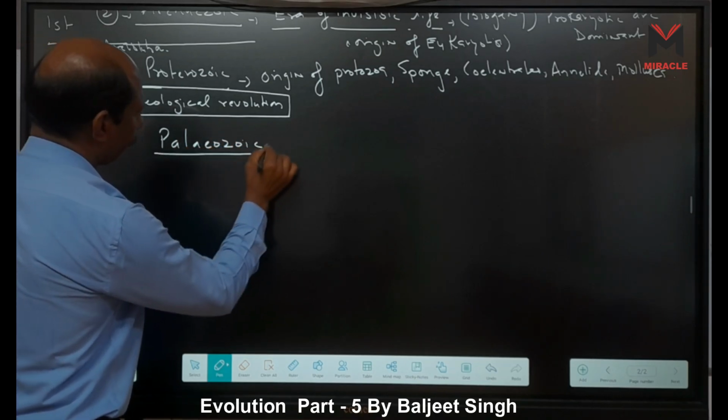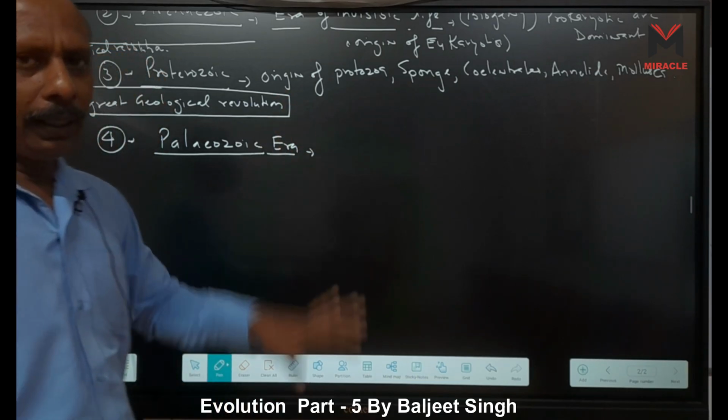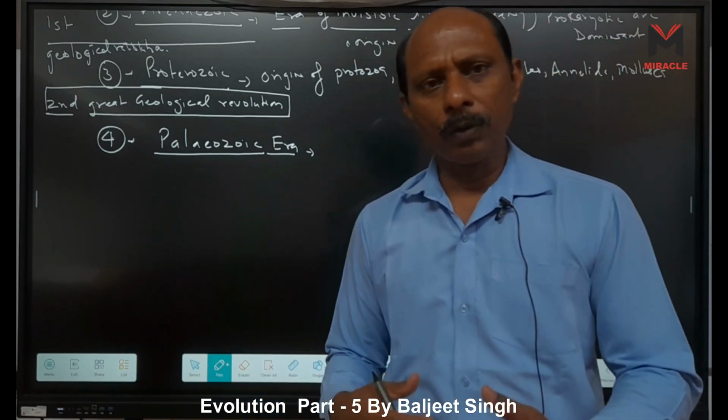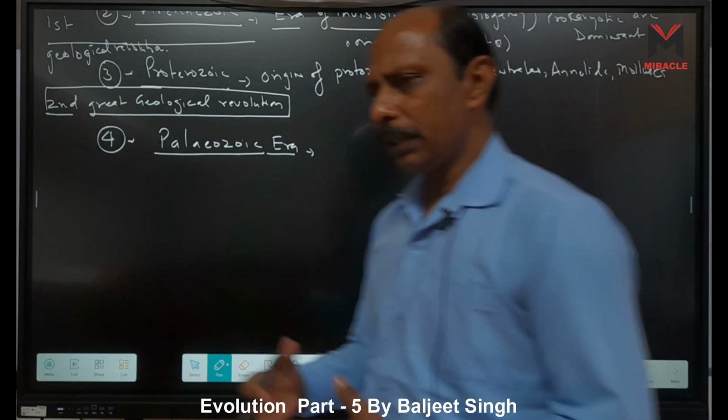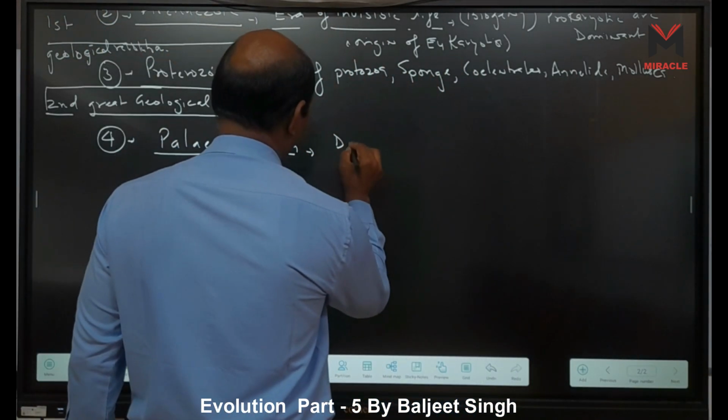This Paleozoic era is further divided, because in Paleozoic different organisms or different groups are formed. Even some golden age is also there. So this Paleozoic is further divided into